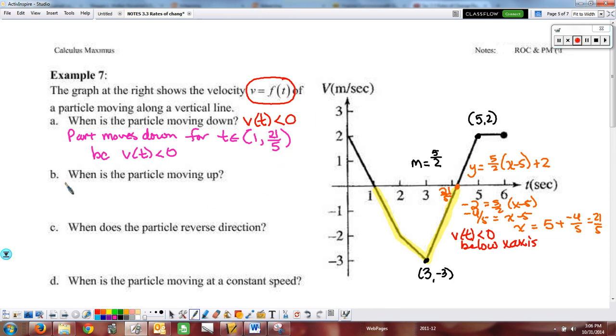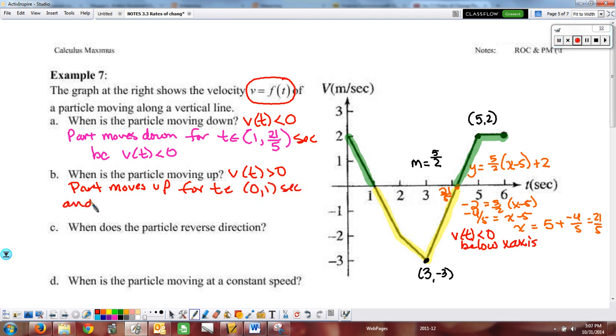Right? So now we ask, when is the particle moving up? Well, the particle moves up. Again, the reasoning is the same: v of t greater than 0, and I gave you the velocity graph. So now we're looking for above the x-axis. On this section, we have two sections of the graph that are above, here and here. It's very nice that we already found that value, so we would simply say the particle moves up for, and let's add seconds here since I have my units, t an element of 0 to 1 second,